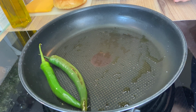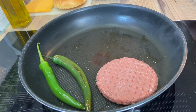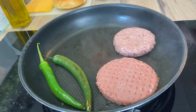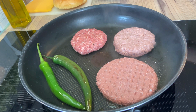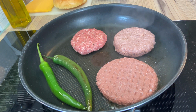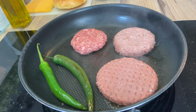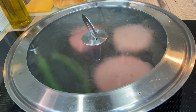Okay, so oil is already nice and hot. Drop it in there. Second one, and the beef. I'm gonna cover it, open the lid,